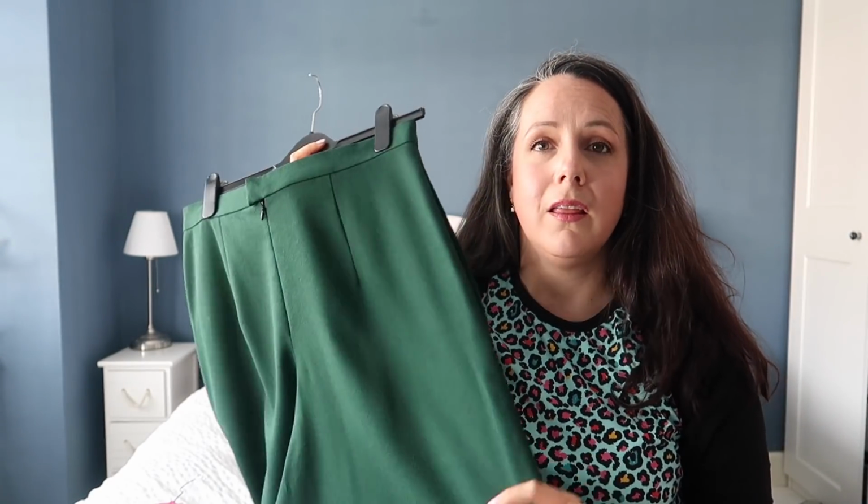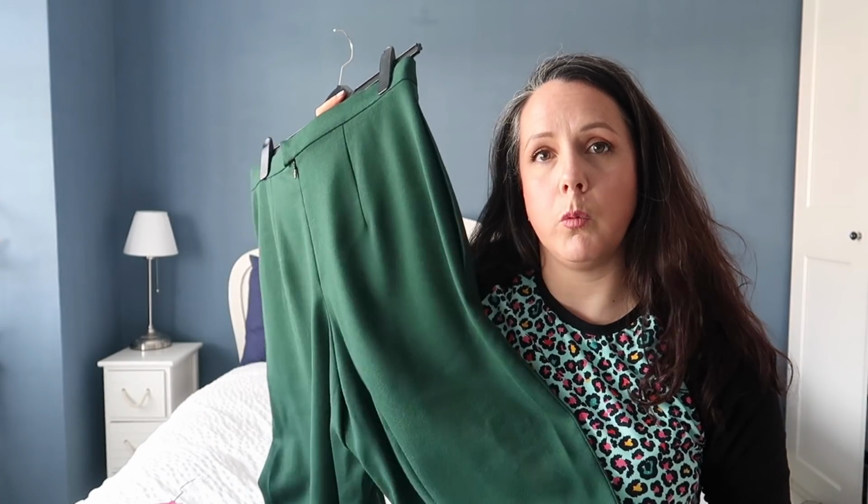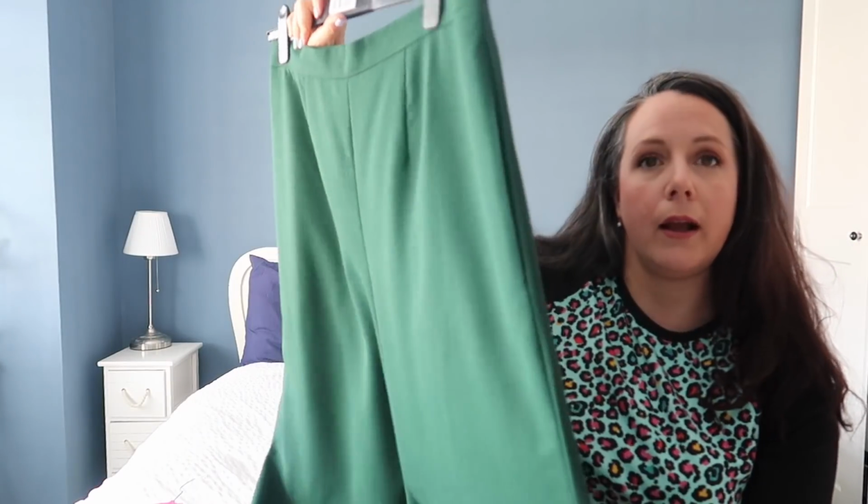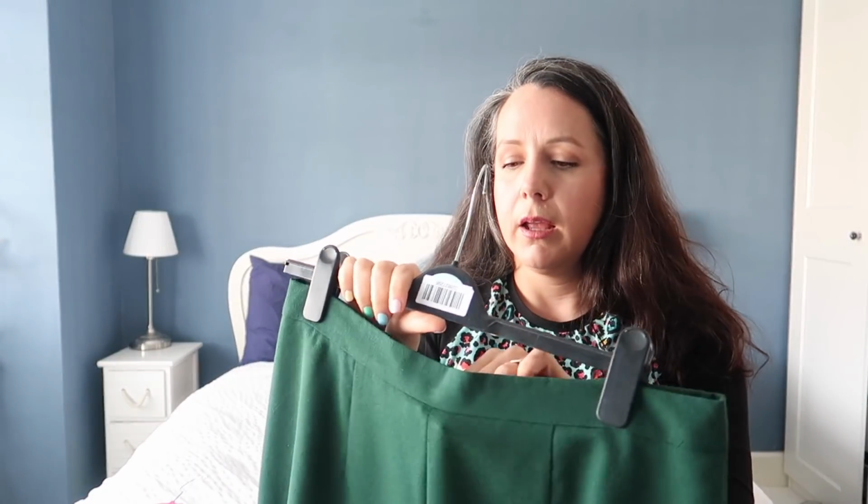a premium fabric. It's beautiful quality wool crepe. It is actually slightly sheer, so if you are planning on picking up this fabric, do bear that in mind. I do think I should have lined these culottes because they are just ever so slightly sheer, and it would have been easy enough to do,